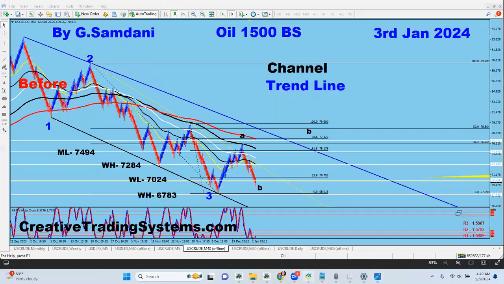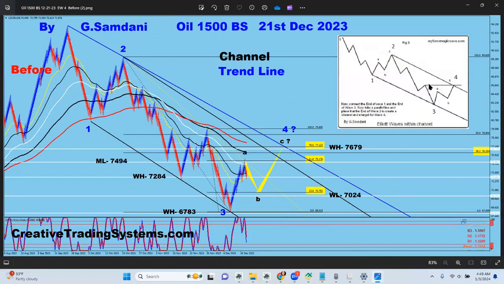If you look at it here, this is A, B, C. That would be wave 4, just like I showed here. A, B, C. Usually wave 4 goes outside the channel. So this is the black channel here. So it's probably going to go up here, 78% of this drop here, right? And then it will be slightly outside the black channel. And then it will go back down for wave 5, maybe.